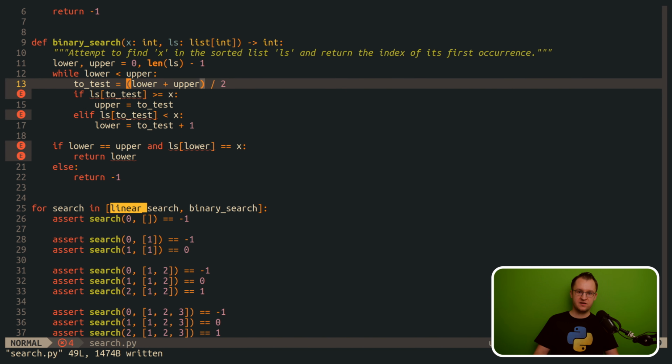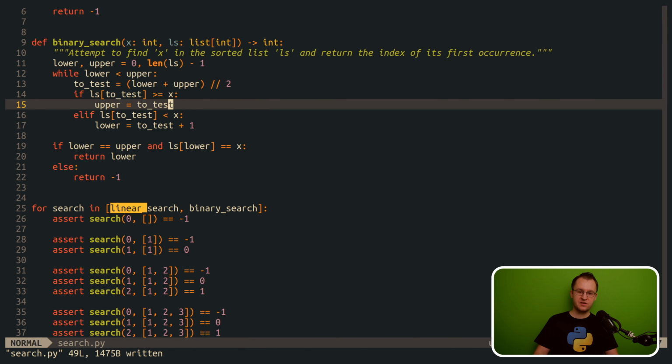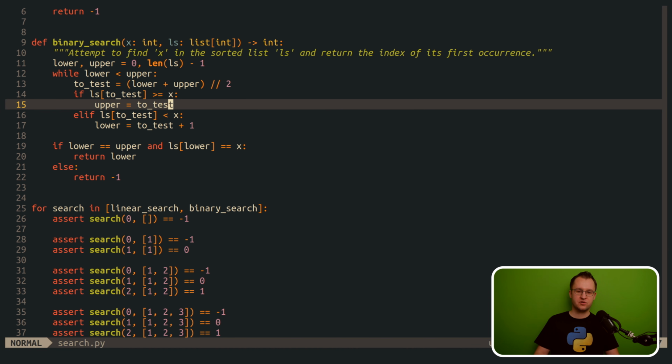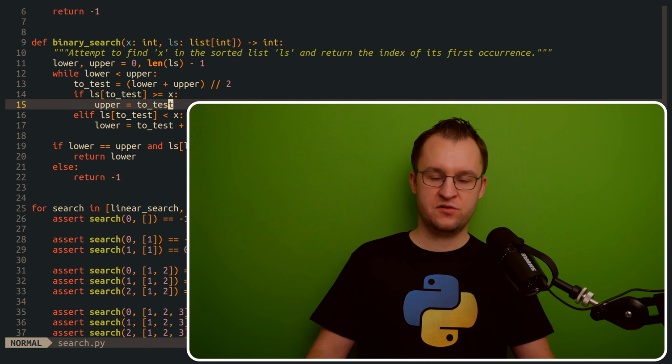If this is the case and this element happens to be equal to x, then we return its index, and otherwise we return -1 because the element could not be found. This special case handling is only needed for the case where you call the binary search function with an empty list. Now, if we run the program, we don't get any output, which means that all of the assertions passed and both our linear and binary search algorithms are correctly implemented.